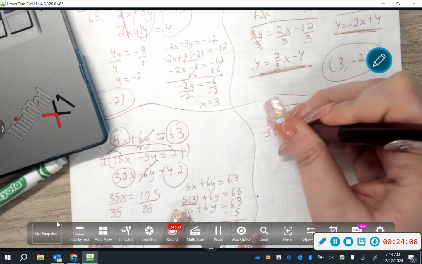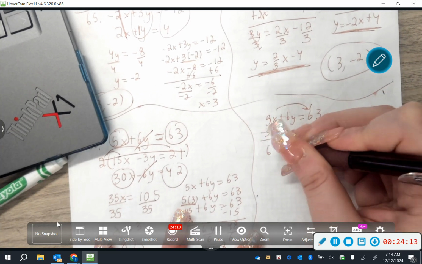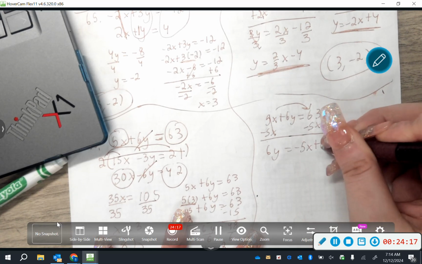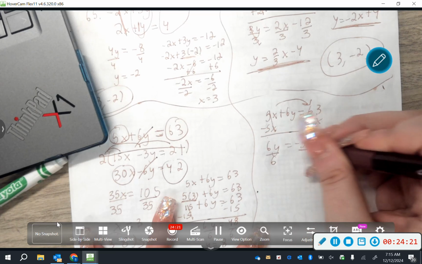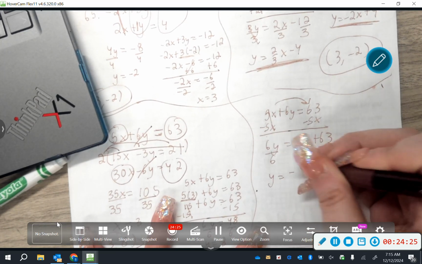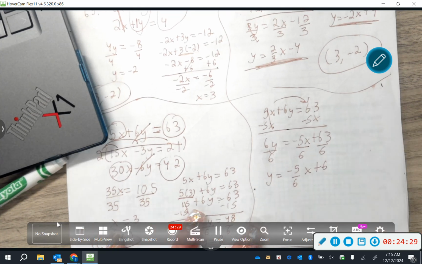The opposite of positive 5x is minus 5x to both sides. We get 6y equals negative 5x plus 63. We don't want 6y, so we're going to divide everything by 6. y equals negative 5 over 6 x plus